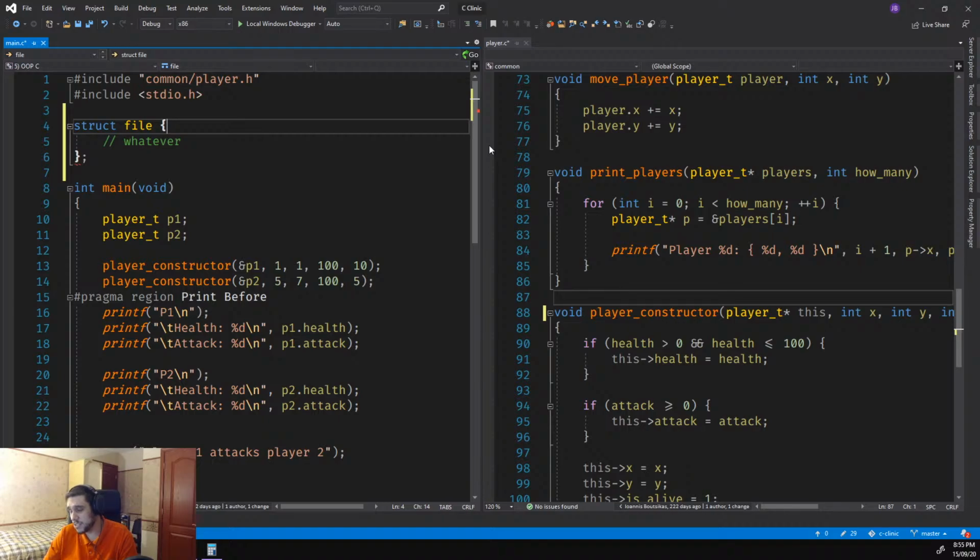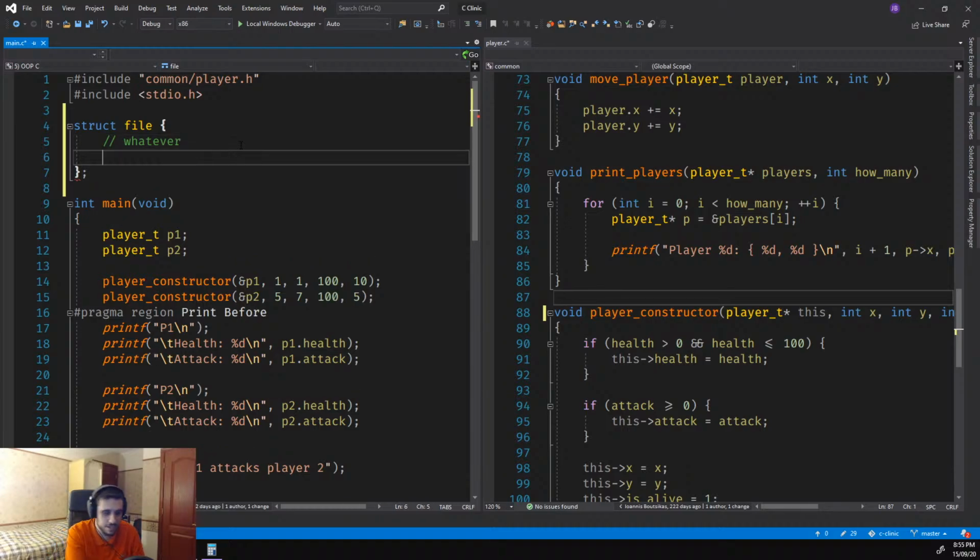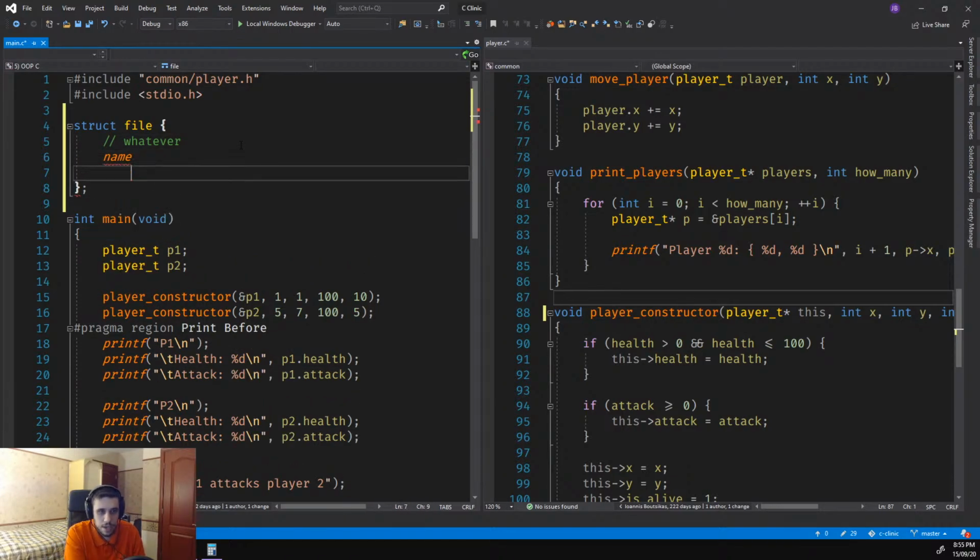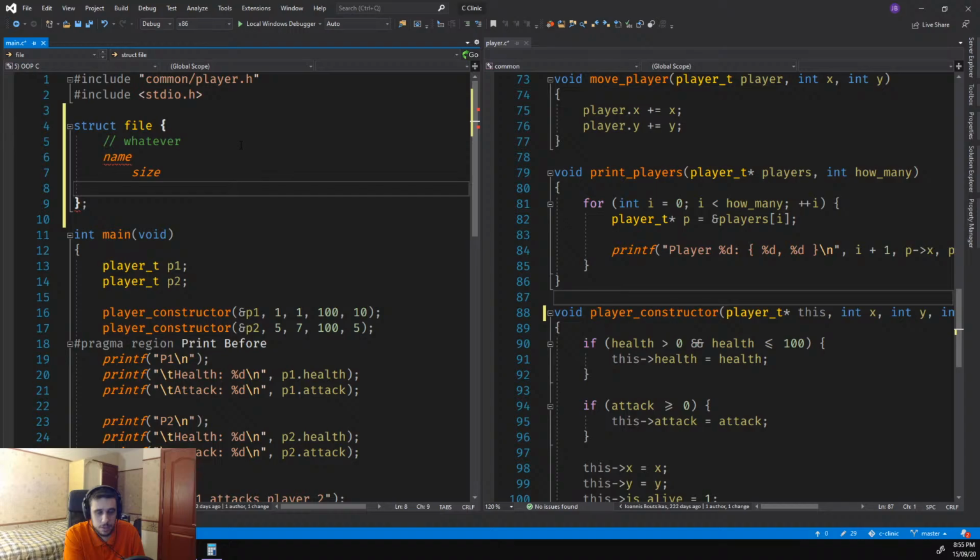There are cases and there are things that you will need global variables for in the kernel. You cannot get around it. But if a file, for example, has a name and a size, and excuse my indentation right now, and size and permissions,